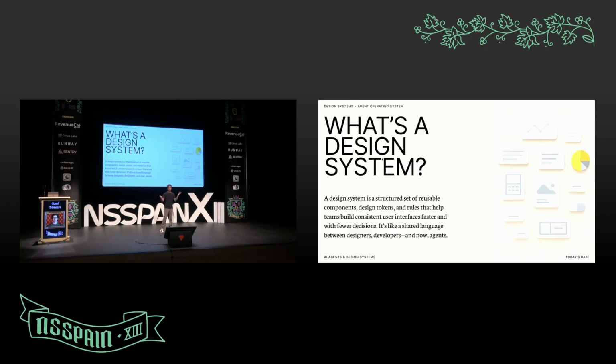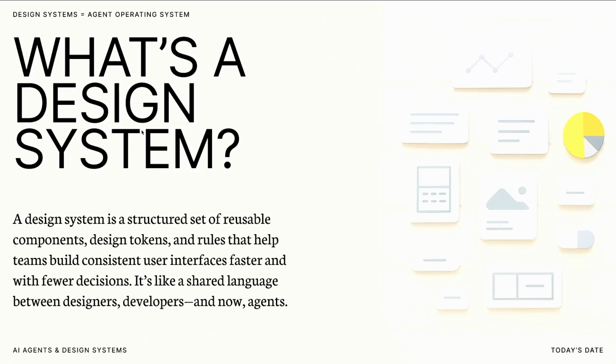A lot of people are probably familiar with what a design system is, but if you don't know, a crash course: a design system is a set of reusable components with tokens and structure. They give you governance for UI elements, and they let your system understand, okay, can I use this component with this?